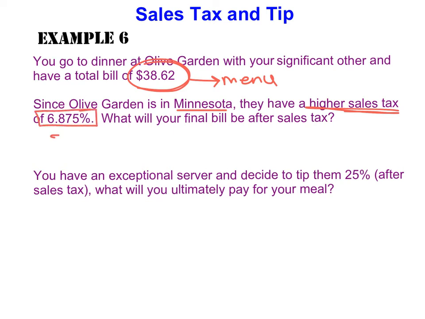So here we're going to go through that same process. We're going to start with that $38.62 and we're going to add on that sales tax to get a final value for our bill. And as a result, I'm going to take that 6.875%, so 6.875, and divide that by 100 to figure out what that would be as a decimal. So there I get